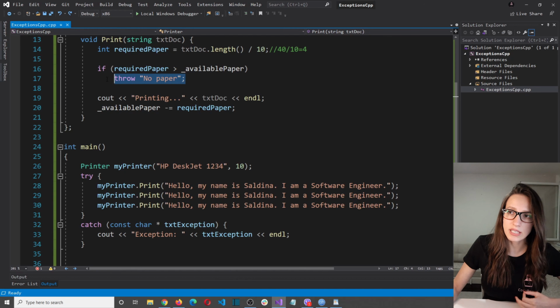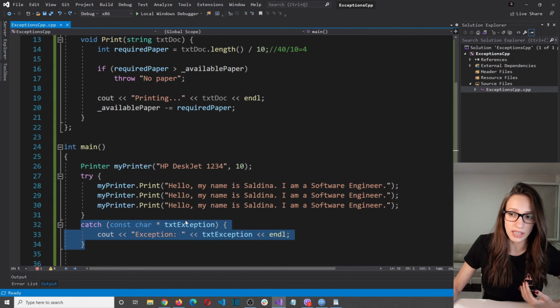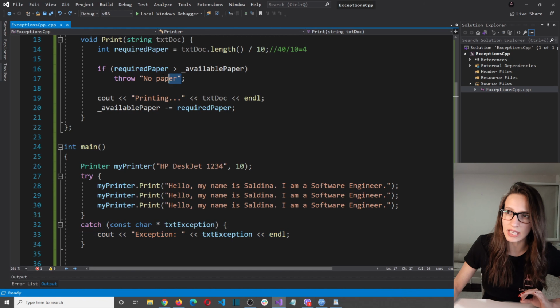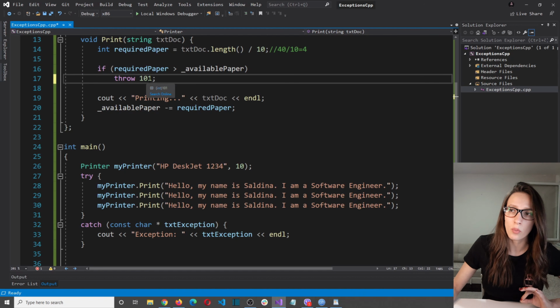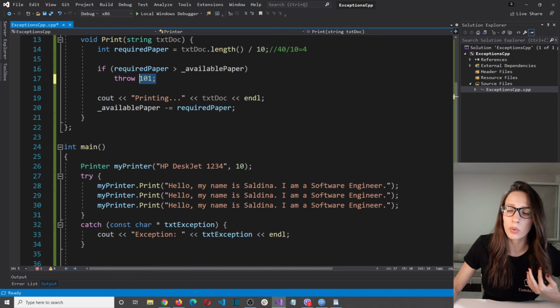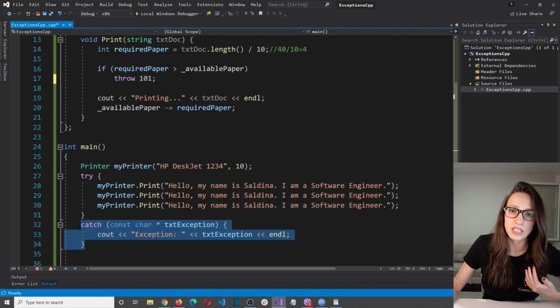Okay, now this exception here can be of any data type that you want. And here I'm throwing a text exception and then also handling that same type. But you can also throw an integer exception, for example. So let's do that. Let's say that if this error here happens, I am going to throw an integer number of 101. So 101, and then in order to handle this exception, we will need to write a different catch